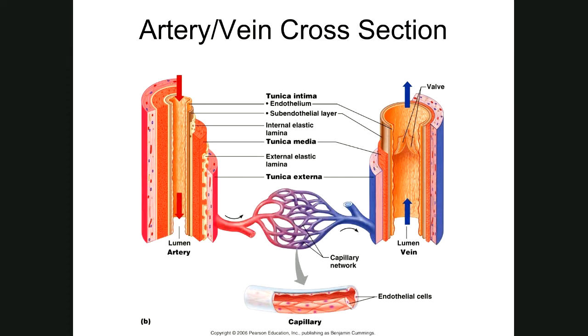The designation of arteries and veins does not really have anything to do with whether it's oxygenated or deoxygenated blood, because the pulmonary system is backwards to the rest of the body. The pulmonary arteries contain deoxygenated blood and the pulmonary veins contain oxygenated blood. So we've got to remember that the arteries always carry blood away from the heart, veins carry blood toward the